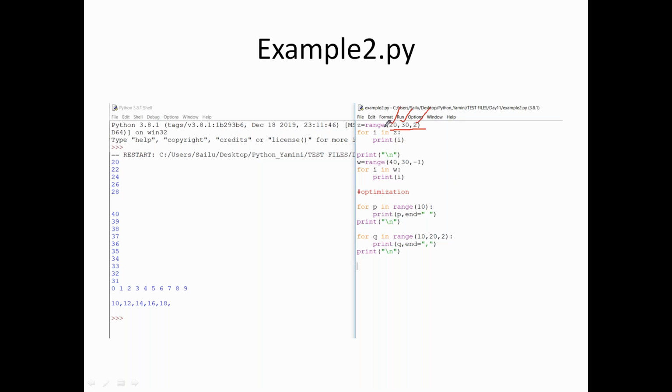That means from 20, alternate numbers will be displayed: 20, 22, 24, 26, 28, that's all. Why not 30? Because 30 is nothing but n minus 1, so it stops at 29 only. So you can see here. Clear?